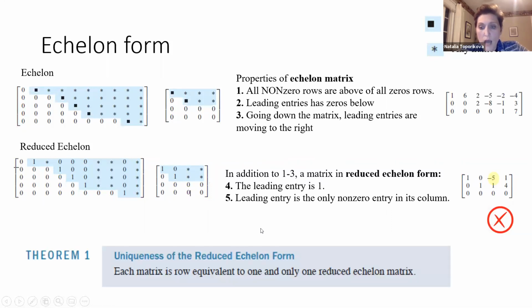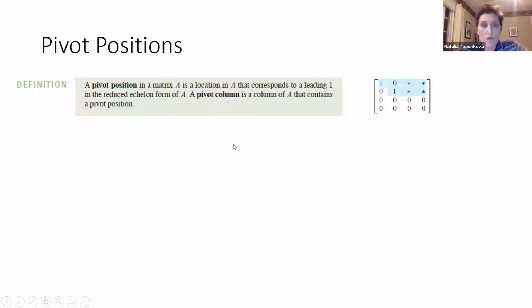And why are we fussing so much about the reduced echelon matrix? It's because it is unique. For any given matrix, any matrix in the world, there can be only one reduced echelon form. And that's why it's referred to as the uniqueness property. Okay, so now let's bring a couple more definitions to make it easier to work with our